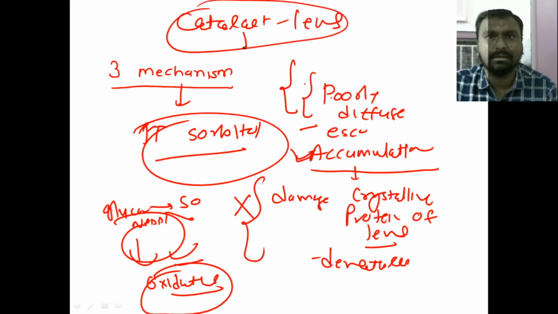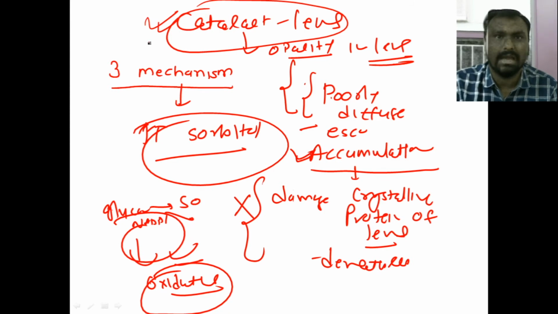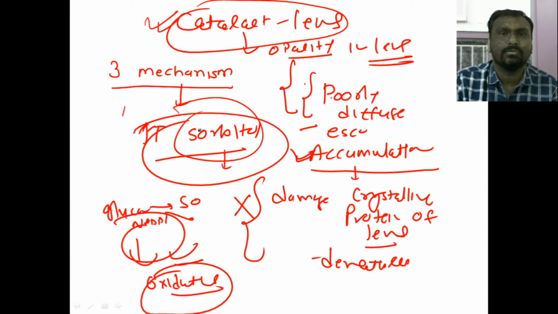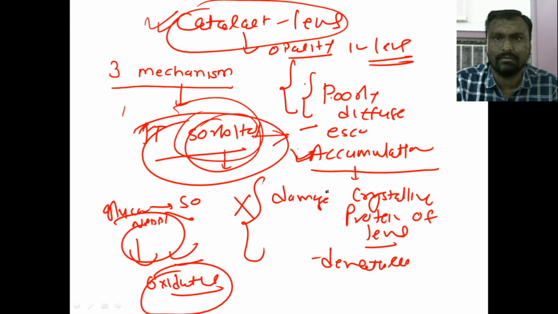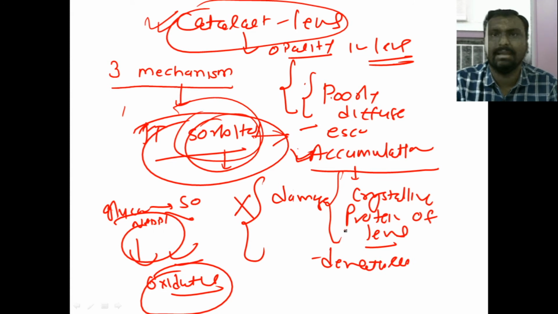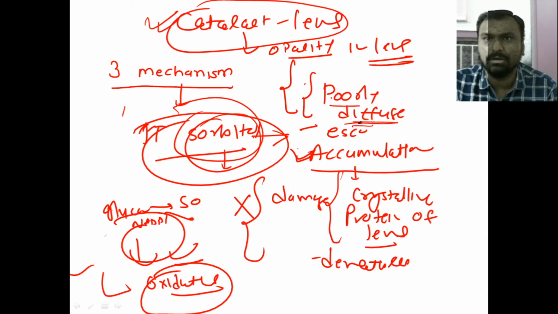Right. So what is cataract? Cataract is the opacity in the lens. Normally it is seen age-related, but in diabetes mellitus, because of the increased glucose, that will be converted to sorbitol, and sorbitol will not be converted to fructose. So excessive sorbitol will take up water, and that water will damage the crystalline protein of the lens, and there is increased oxidative stress, and as sorbitol is not diffusible, it is poorly diffusible.